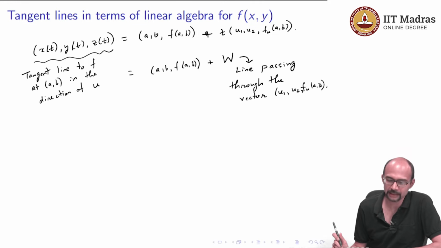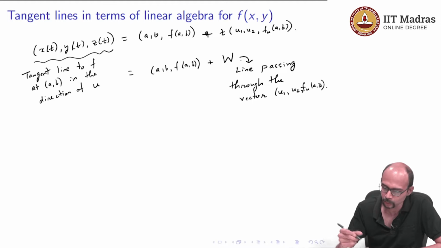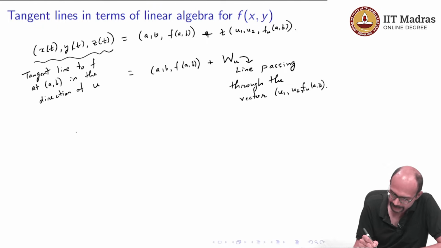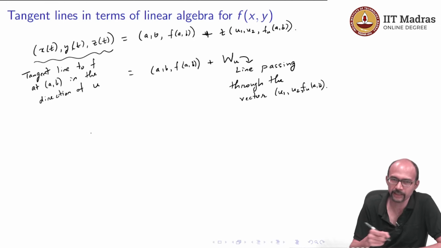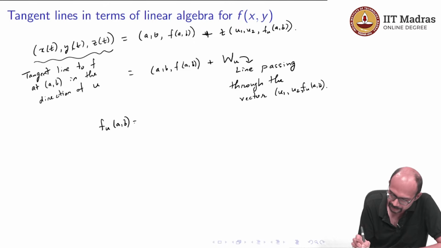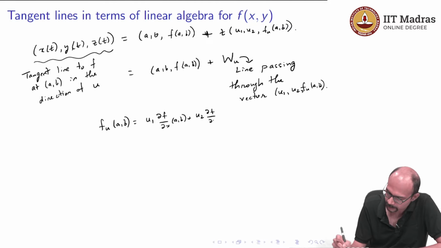So, this is how it looks as an affine flat, and the point one is trying to make here is that according to how u varies, this W varies. So, I will write this to emphasize that it depends on u, and the vector u has an interesting property, the property that we exploited in the previous slide as well. Because fu of a comma b is equal to u1 times del f del x at (a, b) plus u2 times del f del y at (a, b), what we can see is that